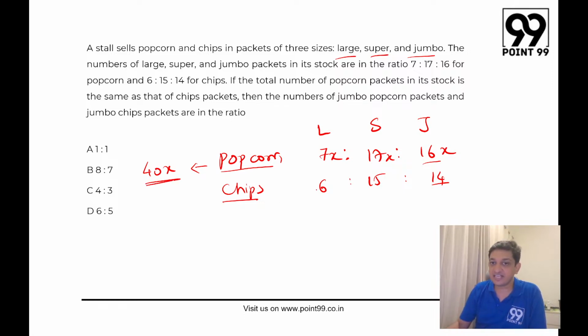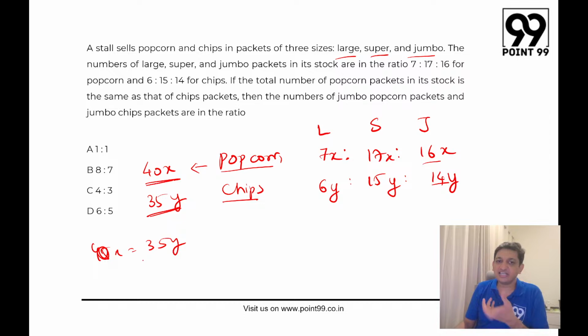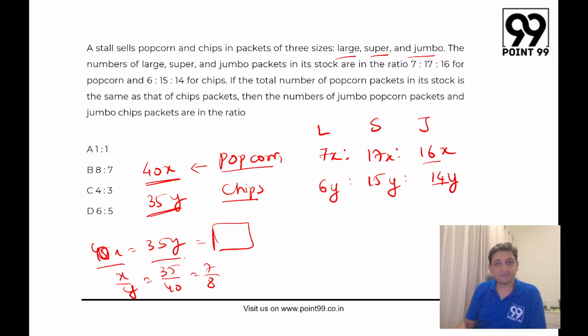पैकेट्स बनते हैं। चिप्स के कितने बनेंगे, let's say 6y, 15y and 14y। तो 6 and 15 is 21, 21 and 14 is 35y, ये बन जाएगा। But we have been told that पॉपकॉर्न और चिप्स का तो ओवरऑल तो नंबर सेम है, so I know that 40x equals 35y, ये तो मुझे पता है। ठीक है, तो मुझे क्या करना चाहिए in this context, I have to ensure that both these numbers are some integer, because that will make my life easier. And I can also say in this case that x/y जो मेरे पास है that will be 35/40 और 7/8, तो ये भी रख के चल सकते हैं।